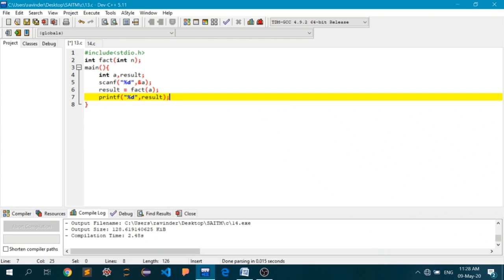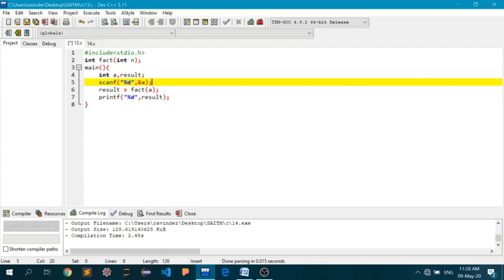What we have done here is initialize two integer variables called a and result. a is the number of which we have to calculate the factorial. I haven't assigned any value to a, so I ask the user with the standard input function scanf.